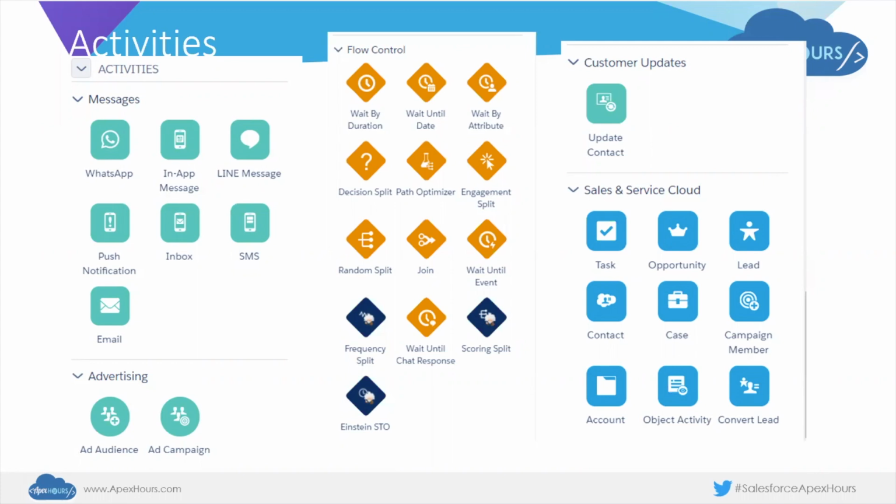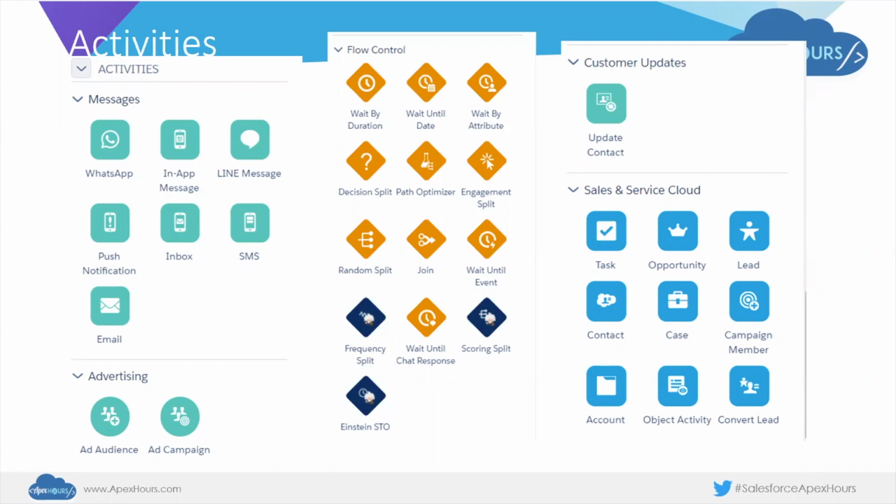The messaging activities are used to send email messages, SMS, inbox or push notifications, in-app messages, LINE messages, or WhatsApp messages. And if you have Advertising Studio enabled, then you would see these two activities. The ad audience is used to create audiences in Advertising Studio from within Journey Builder. And the ad campaign activity is used to create a campaign. It can be as simple as a Facebook advertising campaign, and that can be done